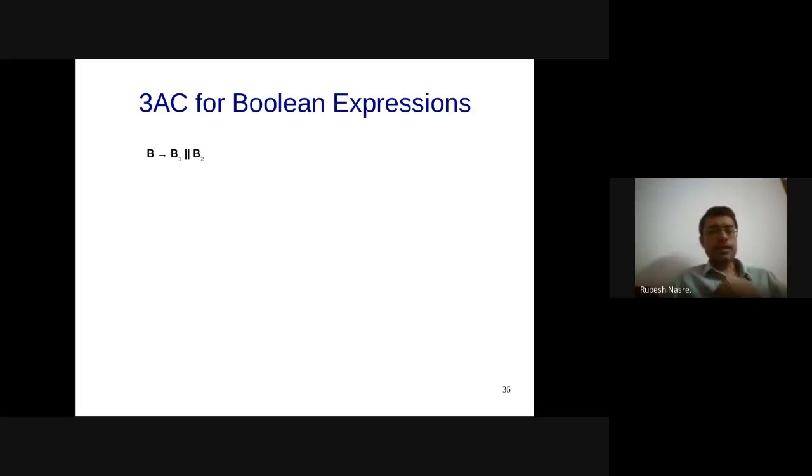So what are the attributes of B that are available with us? Can somebody recall? What are the attributes with the Boolean expression B that we usually use, or at least we had used when we discussed the while loop?